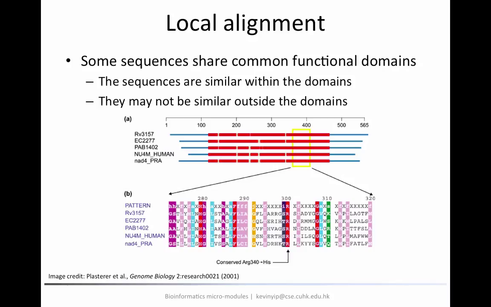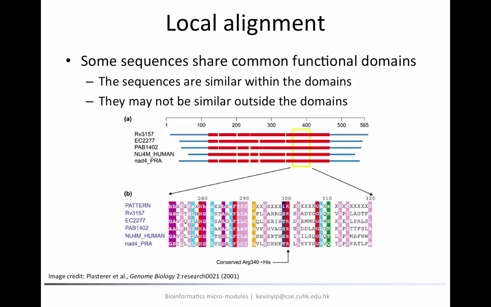The reason is that for a lot of sequences, there are parts that are important for their functions. If these parts are mutated, the functions can be disrupted, and therefore they are usually highly conserved. But there are also other parts that only play a supporting role. The sequences of these parts can be mutated more freely. So even for two sequences with the same function, if we use the whole sequences to do the alignment, they may appear to be not so similar. So it would be a good idea to align only the parts that are similar.